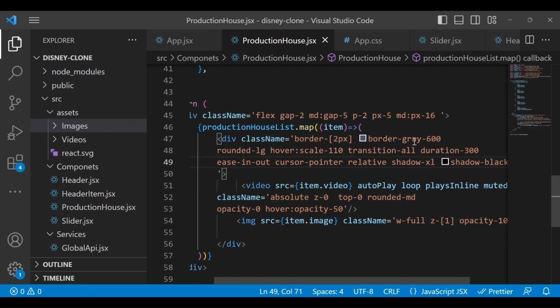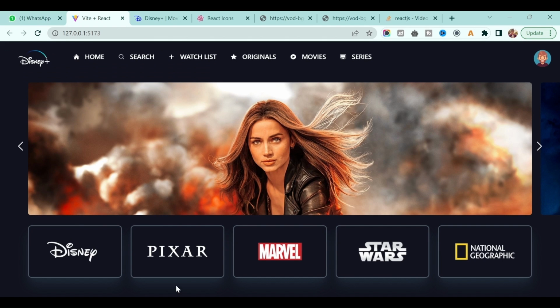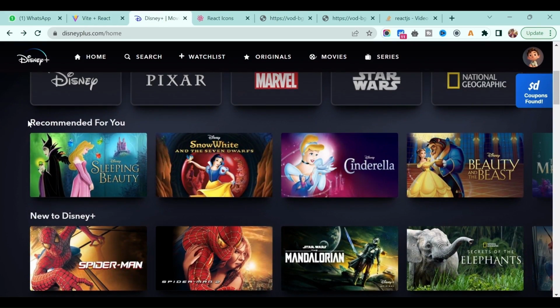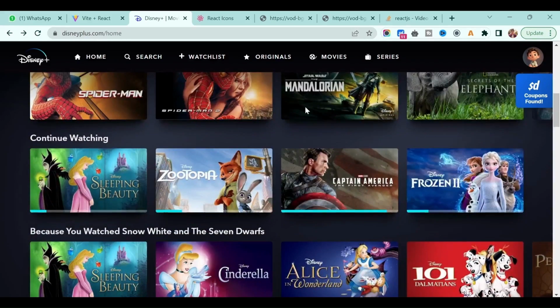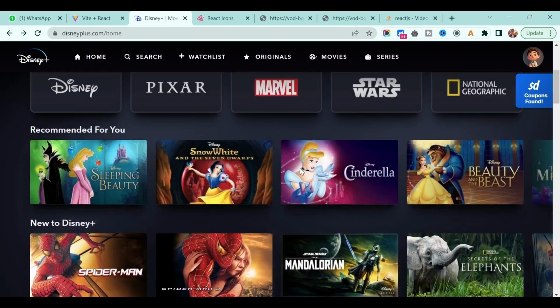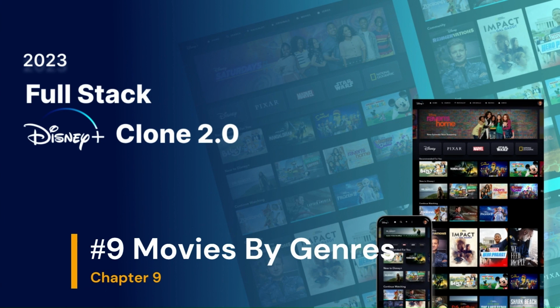You can check by just changing the color, because it's matching the background color. But if you change the color to something like gray 800 and save it, you will see the changes. And it's up to you how you want to show. I will keep this 800 shadow, looks good to me, and if I hover, everything's working fine. Perfect. So in the next section we will add this recommended for you video and these different category videos, and we will add this particular animation on hover and everything. So let's see in our next section.